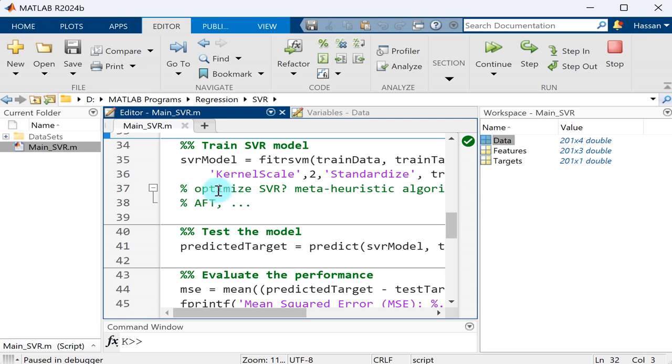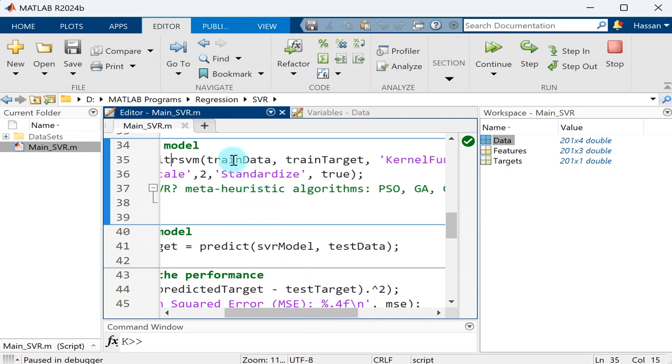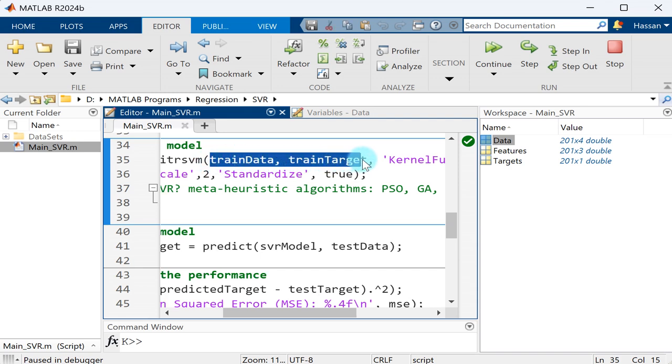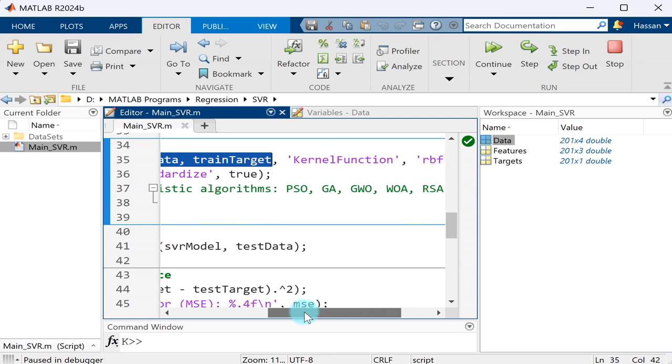So the next step is to train the SVR model. There is a MATLAB function, fitrsvm, fitting regression support vector machines. So we can use this function for SVR, and it takes many inputs. The first two inputs refer to training data, features and targets, and the other inputs in SVR refer to setting